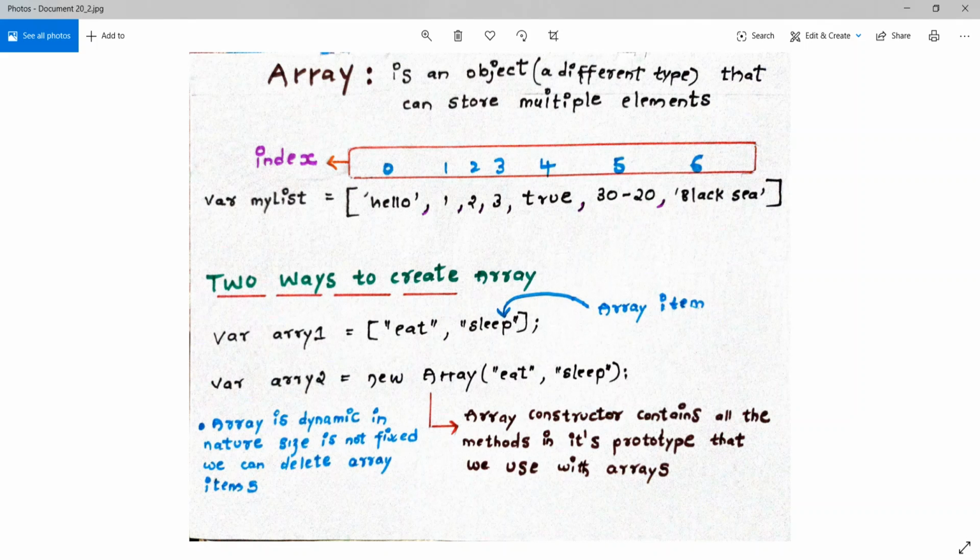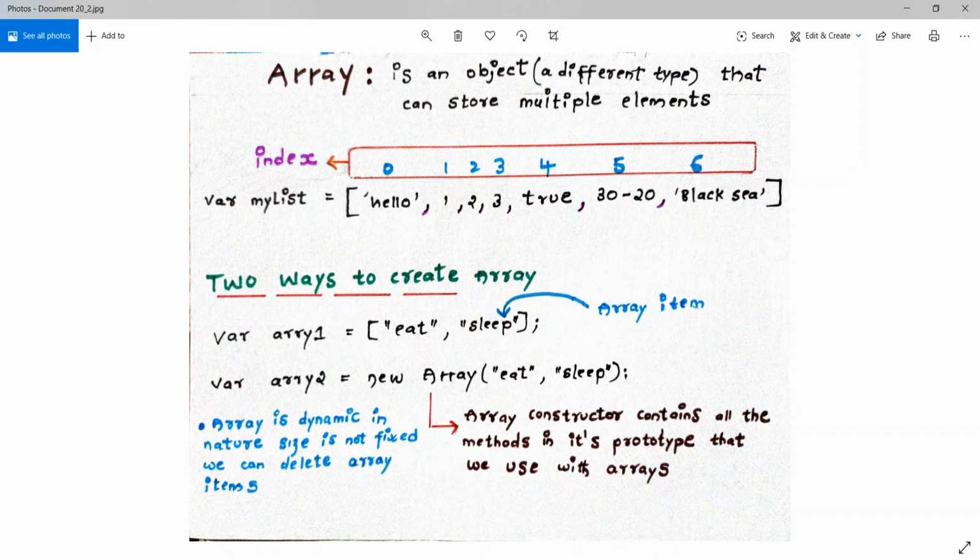And here you can observe that we have different data types. This is a string, this is a number, this is a boolean, and this is an expression. So by this we can conclude that an array stores multiple elements with multiple data types. Basically an array always expects expressions, friends. It will not expect any statement. You can't place a statement inside the array. For example, here in place of hello you can't write console.log hello, something like that, right? So it will always expect an expression. That is the array.